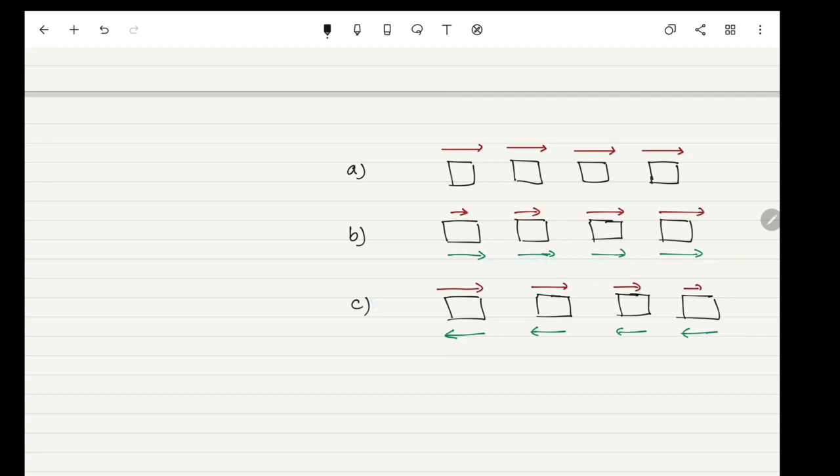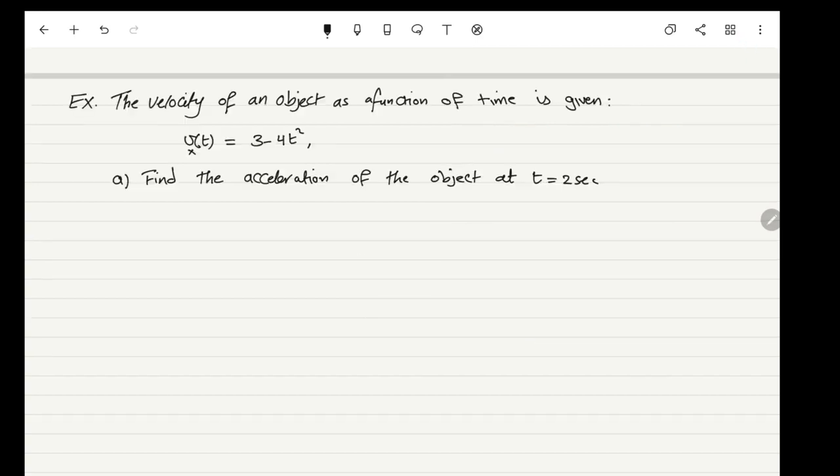In case C here, now the velocity of the car is decreasing. Look at the red arrow here. As a result, for this one here, a car is decelerating with constant deceleration. In this case here, the velocity of an object as a function of time is given by this equation here,